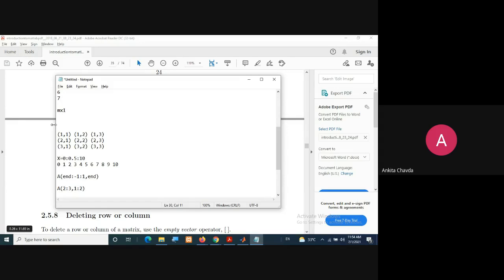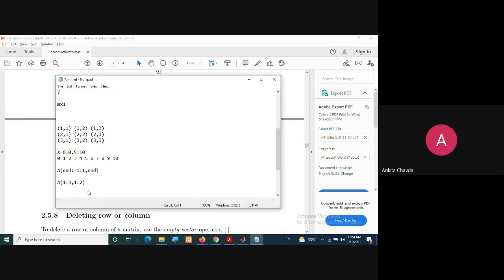But what if I want only the first row, third row, and the second and third column? You cannot write it this way, 2 to 3. If you write 1 to 3, it means 1, 2, and 3 are all included.